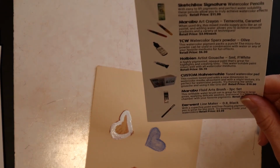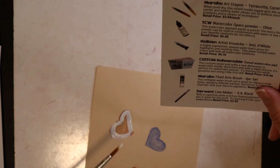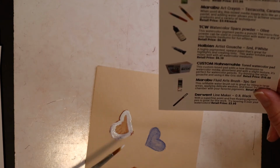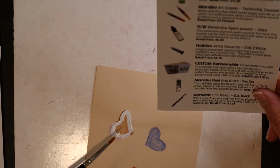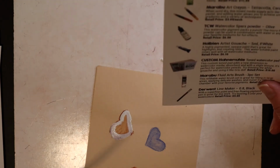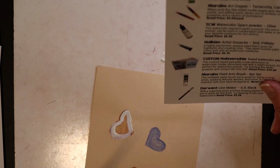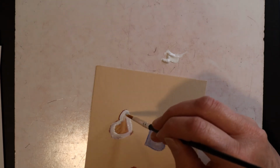Okay. Gouache, a highly pigmented, opaque paint. Okay, so to me it's highly pigmented. I don't see it being opaque because it's super white and it's super thick. So, opaque, I don't know about that. But pigmented, yes. Maybe when it dries it'll be opaque. Maybe that's what they're meaning. And it's great for highlights and creating tints. This water-soluble paint mixes well with all watercolor mediums. I don't know about mixing well. Maybe it means